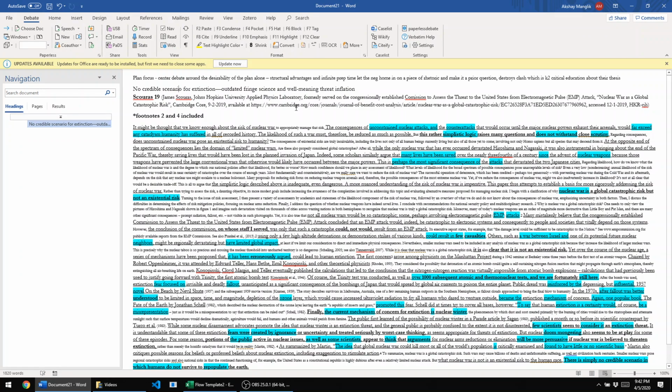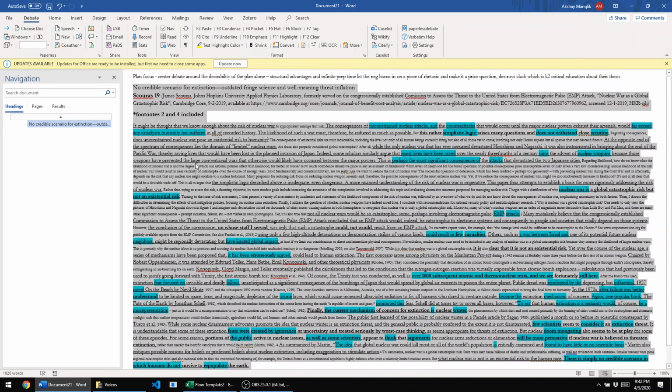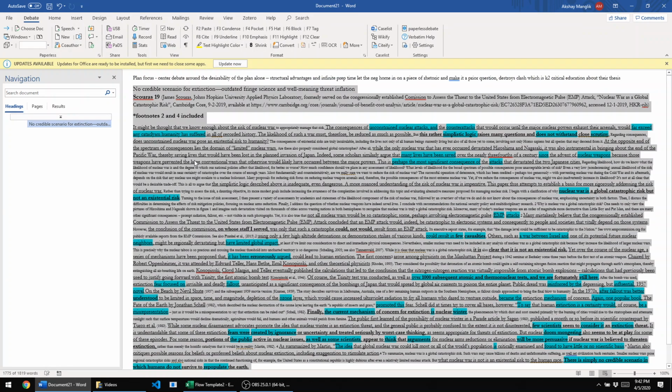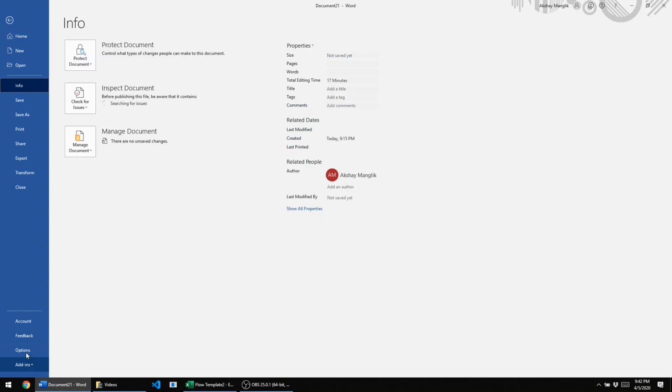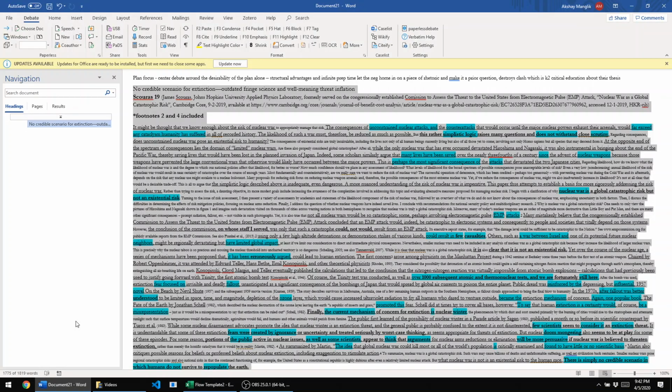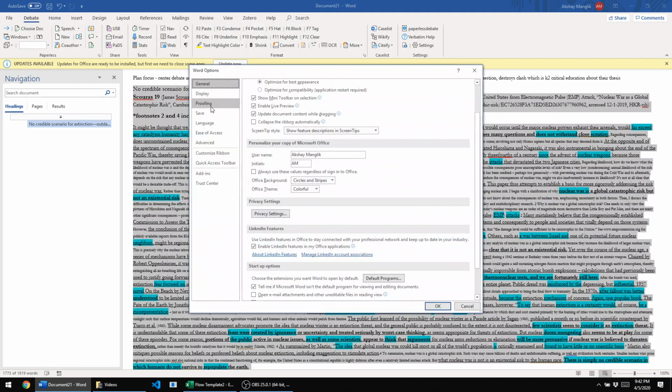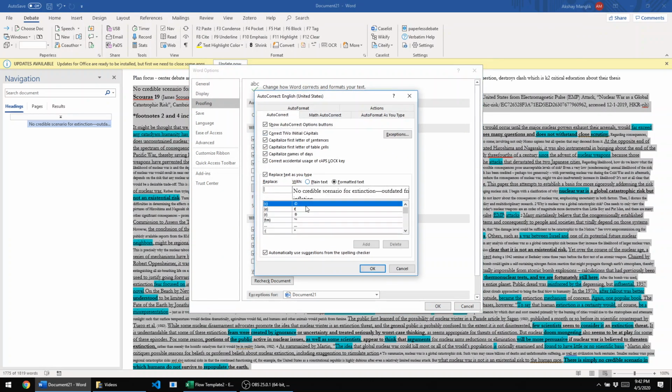So now let's do this with a card. So select the card, you can do this with any single card. I'm using Nuclear War Impact Defense just for the example. Again, go back to Options, Proofing, Autocorrect. And so here you can see everything I selected is in this formatted text box, and I'll just say